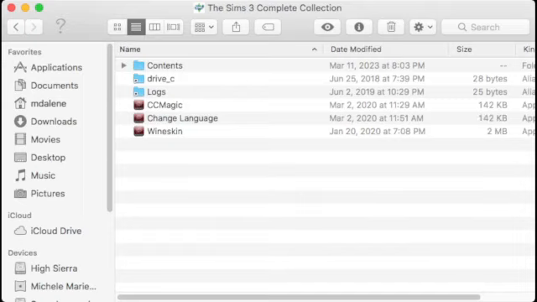Aha. Do you see it? Maybe you don't. You see this thing here called Wineskin? Wineskin is a wrapper. It actually installs a Windows, either Windows 7, 8, 10, XP, Windows 95, Windows 98, whatever Windows environment you want, so that the program can run on it. In fact, if you go to Drive C,